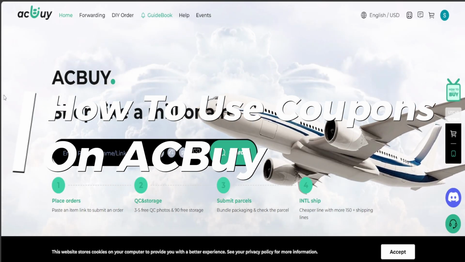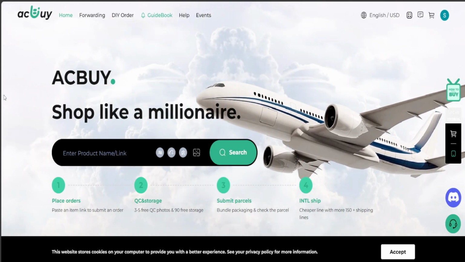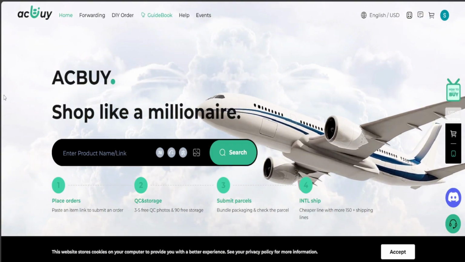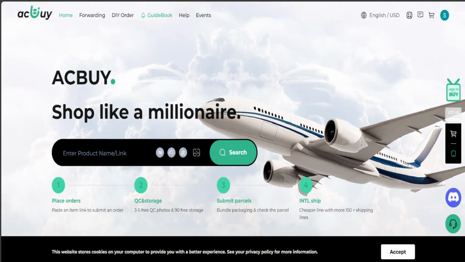How to use coupons on ACBuy. So you're going to want to keep in mind that the shipping discount coupon can only be used on international shipping fees. But what you do is just go ahead and log into the ACBuy website, of course, and